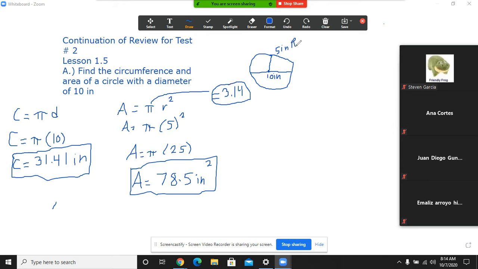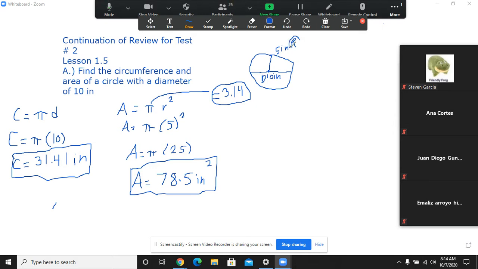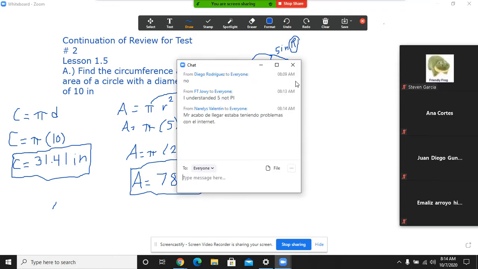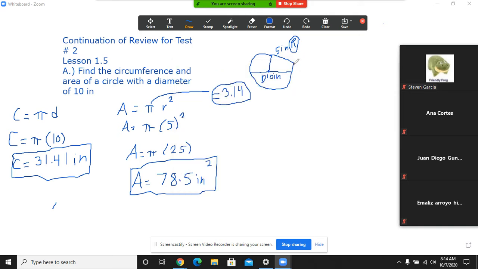So we see a problem if they give you the diameter, you can find the radius very easy, okay? Estamos. So if we got this, está bien, Arely Valentín, no te preocupes, okay? El video va a estar en YouTube, deben de ver, okay? If there is any question about this,